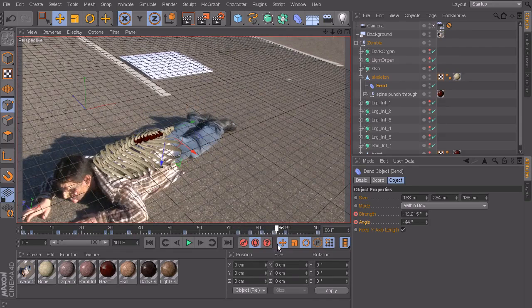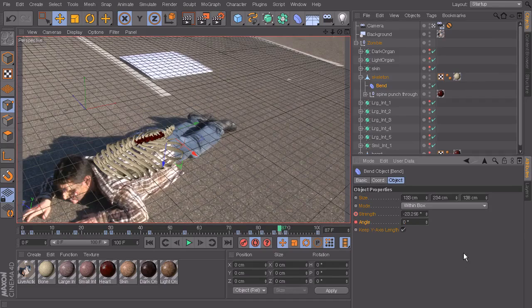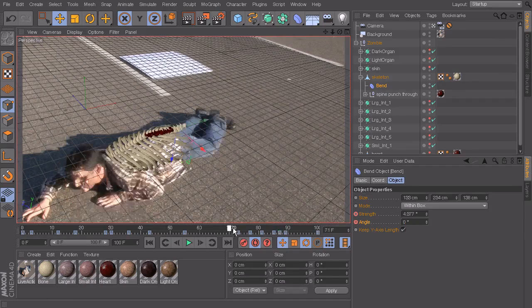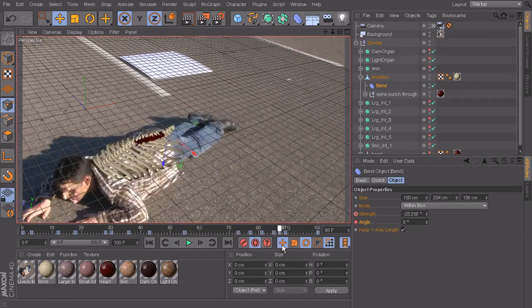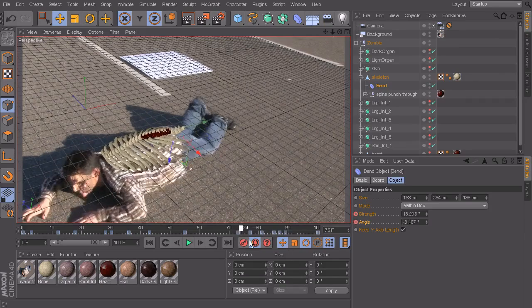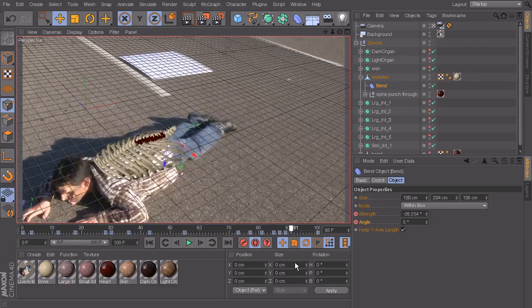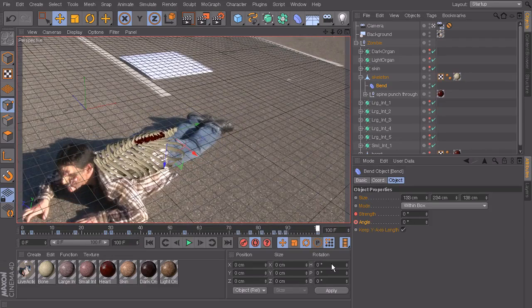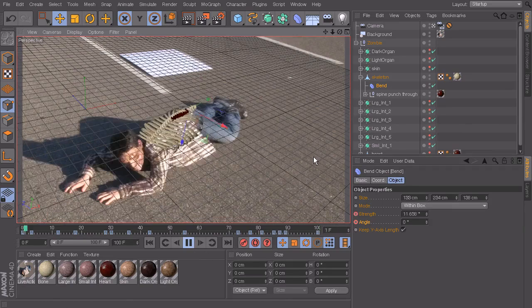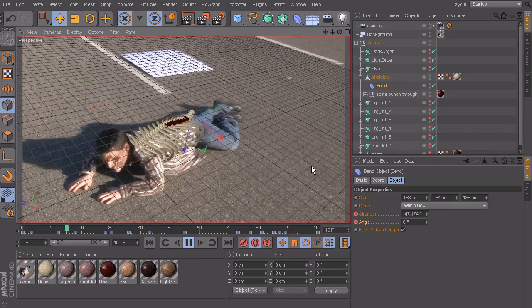And then about right here, he's almost all the way back down, so then we can just zero that back out. So that adds a little bit more of a different kind of movement to that quick little animation that really helps make it look more real. And then at this point, I think we could also wag this a little bit closer to the camera on this last frame. Okay, so let's watch that through one more time now that we've kind of double checked it